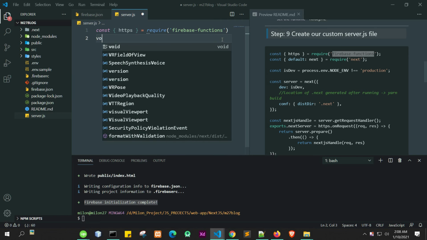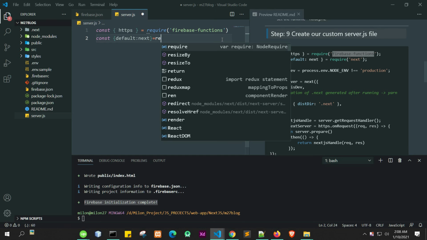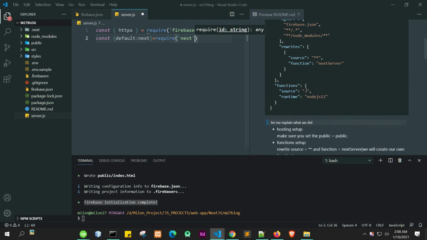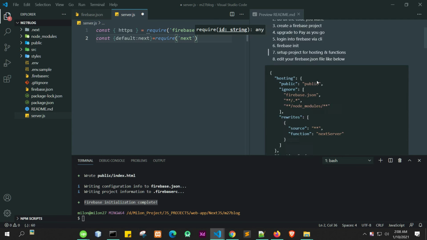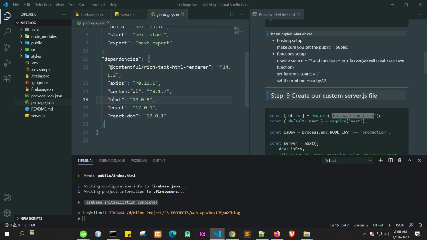Then we need to require next also as a default. And next is already installed when we ran the npx create-next-app step. If you go to the package.json file, you can see next is already installed here.